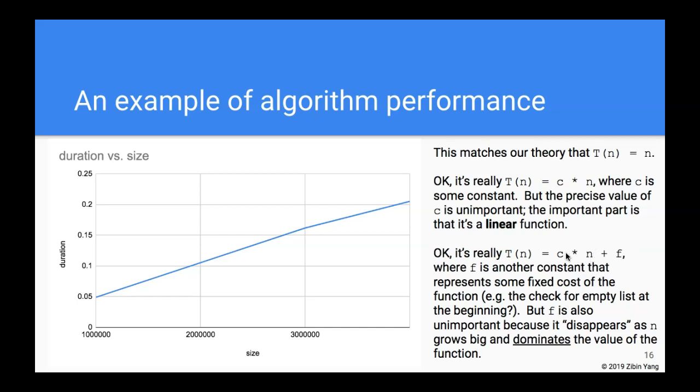That is because n, when it grows big, is going to dominate the value of the function. Okay, so this is an example of algorithm performance, and how we can go about thinking about how much time it might take, and also how we can go about actually measuring